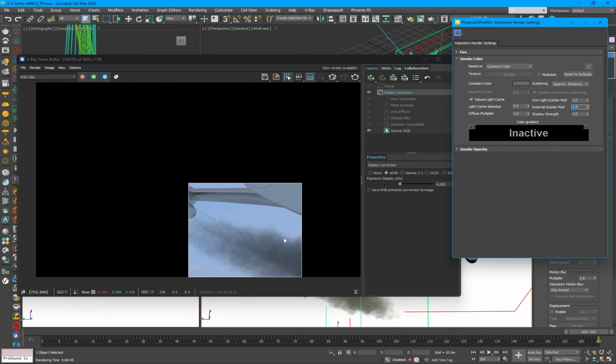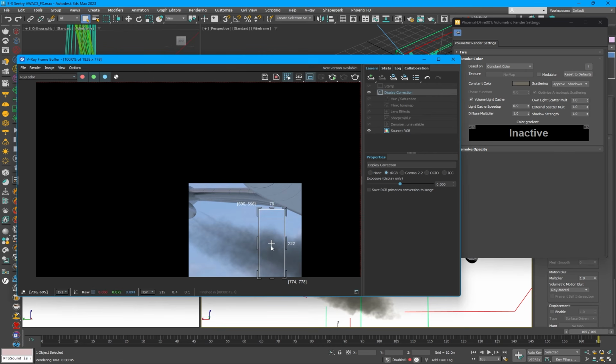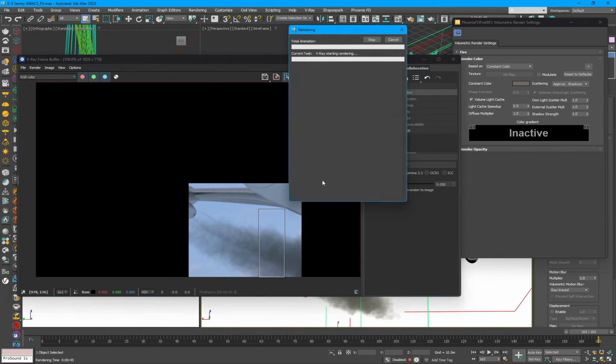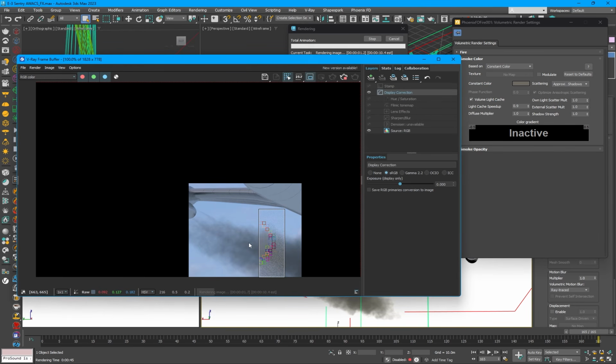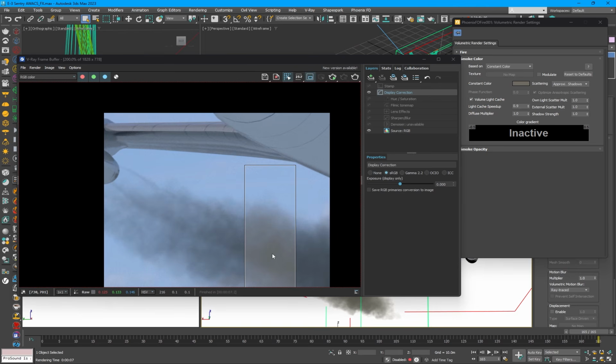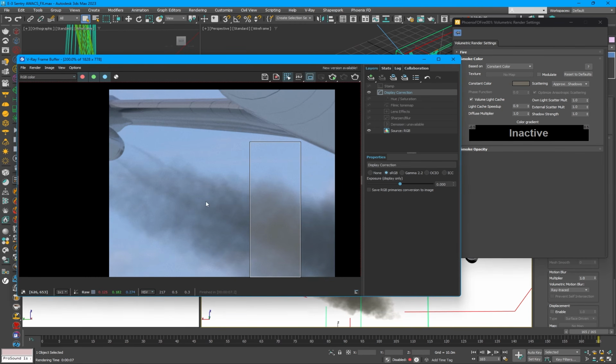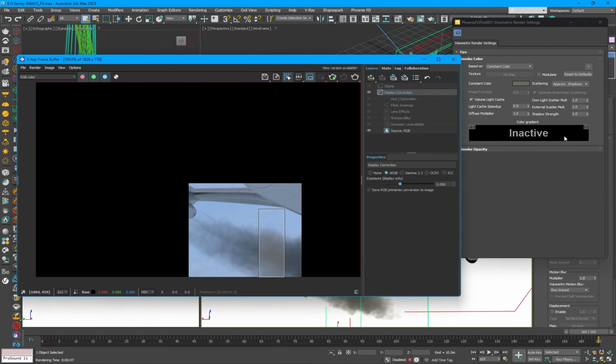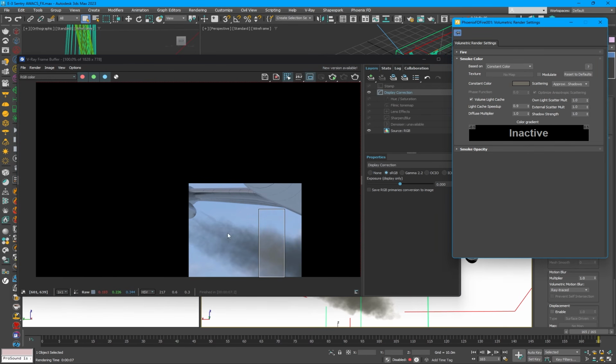Okay, if we go back to 1.0 and render this small part, we will see that with the maximum light, we get this almost flat look to our smoke. There are not so many details as before, and in general it completely changes the look of our smoke on the render. Details and the colors and the brightness,